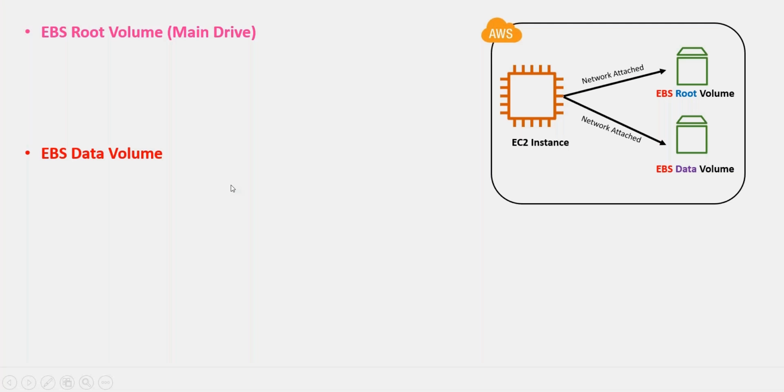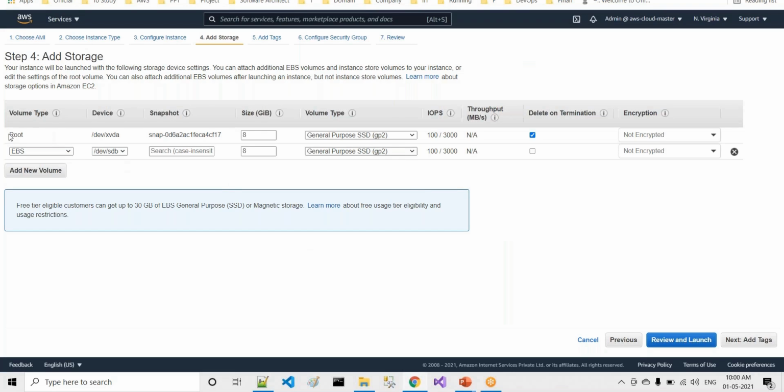Okay, so root volume is where your operating system will be installed. Whatever operating system you have selected, like Linux, Windows, whatever, that will be installed over here. Okay, on this, and whatever